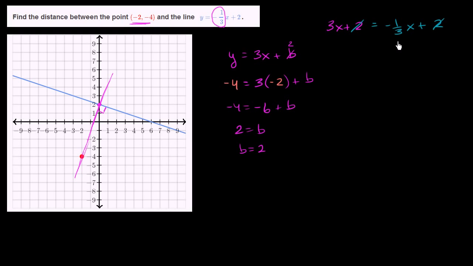Well, there's a couple of things that we could do right over here. We could add 1/3 x to both sides, and then we will get 3 and 1/3, which is the same thing as 10/3 x is equal to 0. And if you multiply both sides by 3/10,